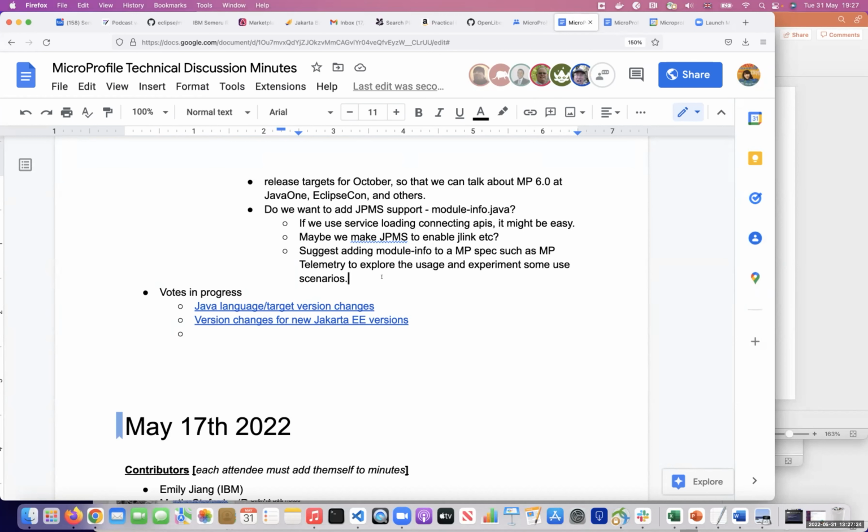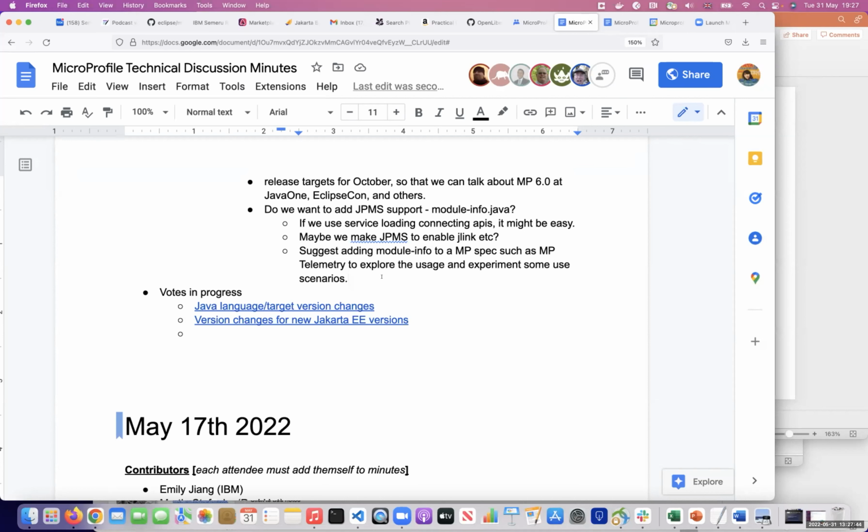Right, I see. Config is the one. Yeah, I was going to say, it's probably the one that everyone else will use, at least. Yeah, telemetry will also depend on config. Maybe use config as a guinea pig then.